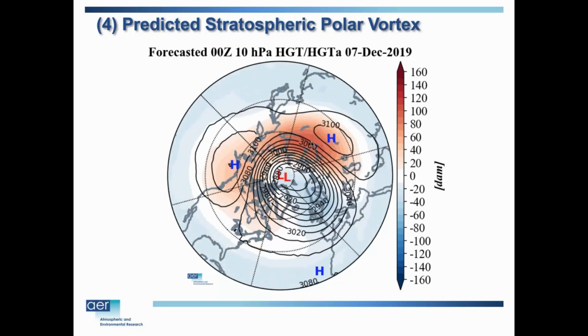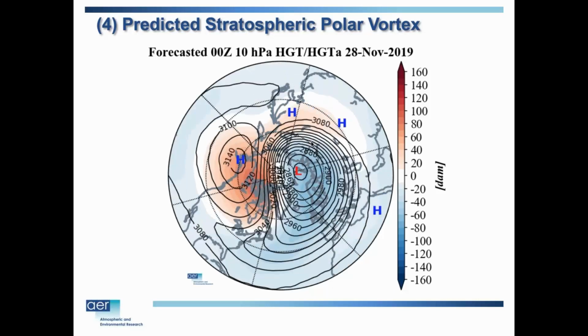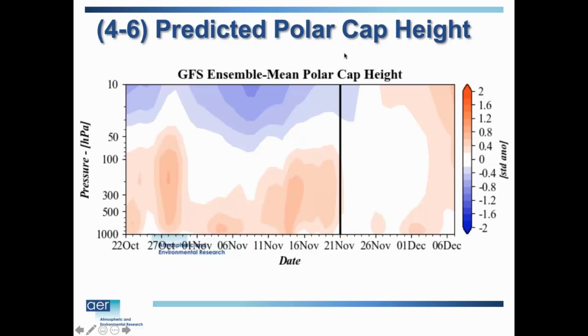We're going to have at least a minor warming. I think that looks pretty confident. But the major warming, I think, is an open question. And so here's looking at that polar cap height. You can see here's these tropospheric precursors that we've been having. One last one coming up at the beginning of December, and that should trigger off this polar vortex disruption of unknown magnitude.